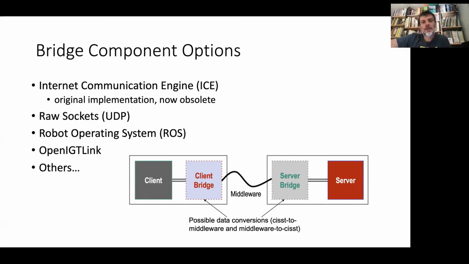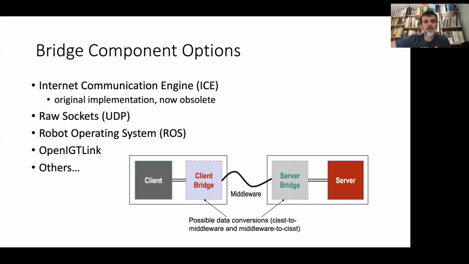So this code is not maintained anymore, and we're looking at something a little bit leaner. In between, Peter implemented something that is purely UDP based, between two cisst components, that is fairly lean, not fully automated, but usable. And then as we were working on ROS and cisst and the DVRK, ROS popped up on